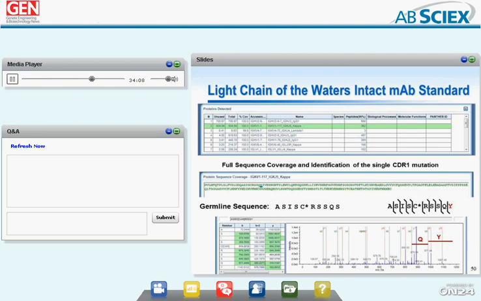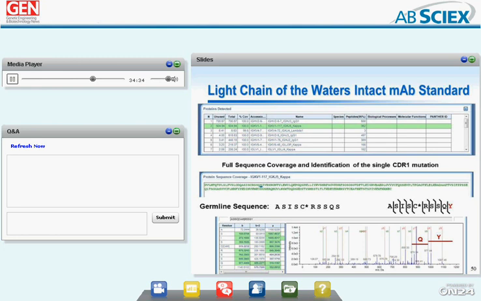So in our case of looking at this Waters intact mass standard, we start with the light chain of the Waters intact mass standard, and it identifies the immediate light chain to be correctly identified as the germline 1-117, and identifies the J5 region and a kappa light chain. In this case, Protein Pilot was able to identify 100% sequence coverage of this, and it identified only the single